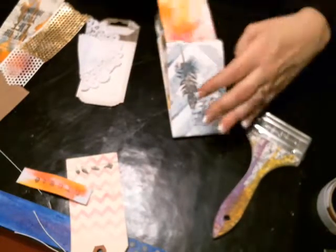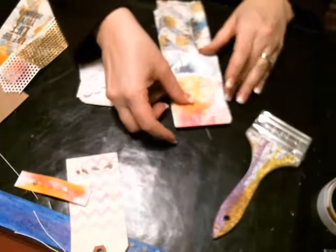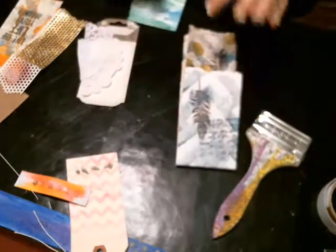It's not really going to show. So this might be one that I just glue in because I don't want it too high. Or I could put it up here. I'll do that. See, I'm making decisions. I'm just talking to myself as I go. So I'm just going to use